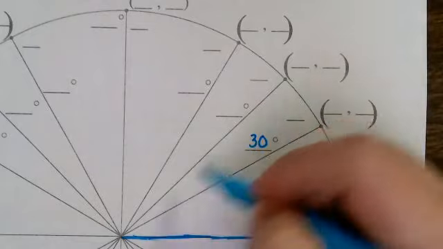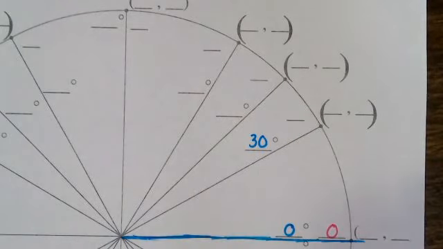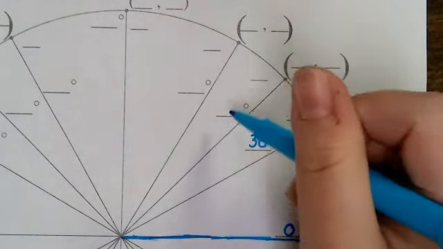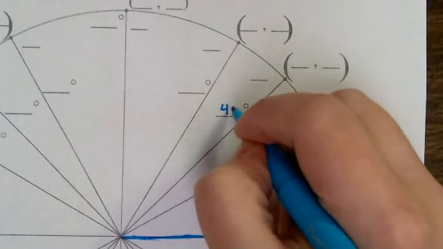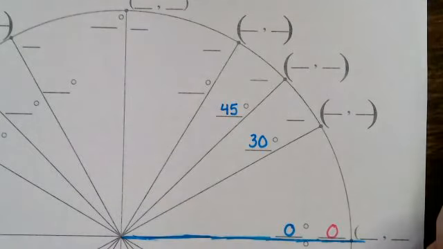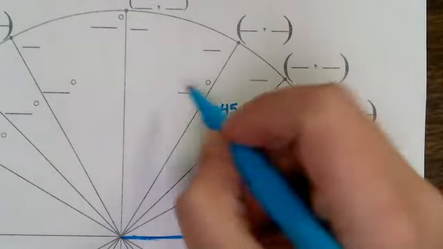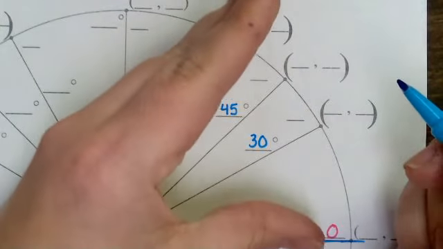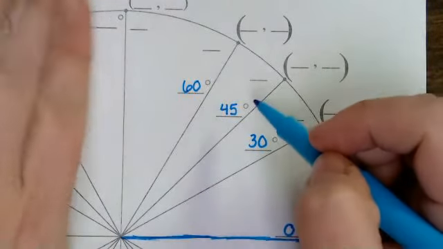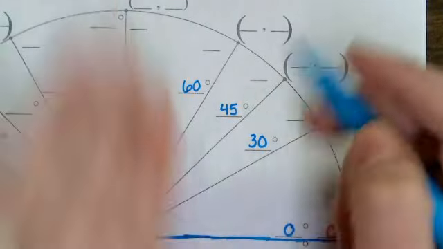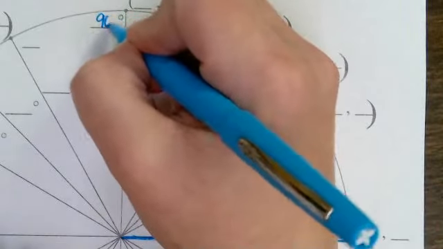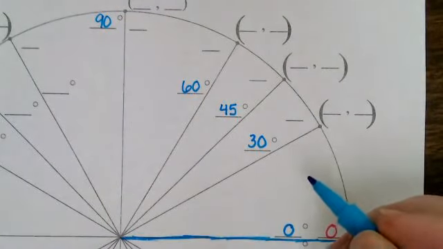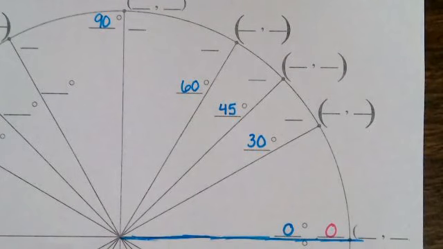The next one, if we're looking at those special angles, we had 30, 60, 90, 45, 45, 90. So this one right here is supposed to be the 45 one that we're going to explore. Then we would get to a 60-degree angle. This is 60 degrees. And then if we open up to a full-on right angle, that is a 90-degree angle. So just exploring this first little quadrant here, the first 90 degrees,